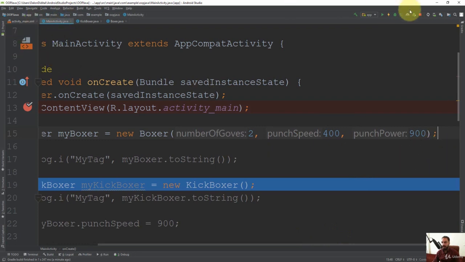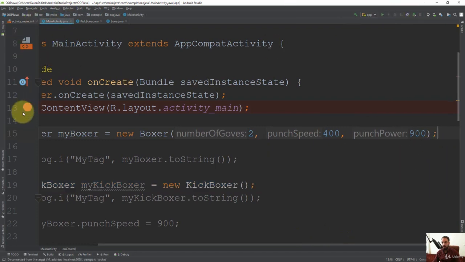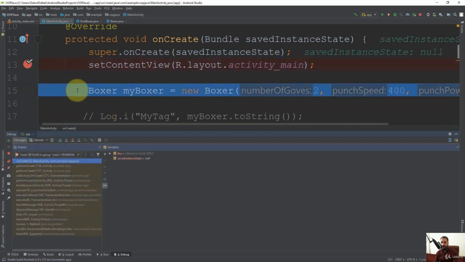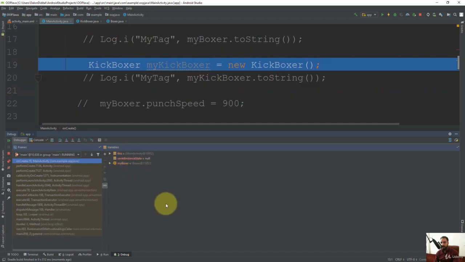So let's go ahead and click on debug here, debug icon. Make sure that you have already created a breakpoint here. And then we should wait so that the debugging area is opened. So here I'm going to click on step over, and now it is about to execute this line of code that is going to create a new object of type boxer. So I'm going to click on step over again. Now here you can see inside this variables area, this my boxer here. If I open it, it says the number of gloves is 2, the punch power is 900, and the punch